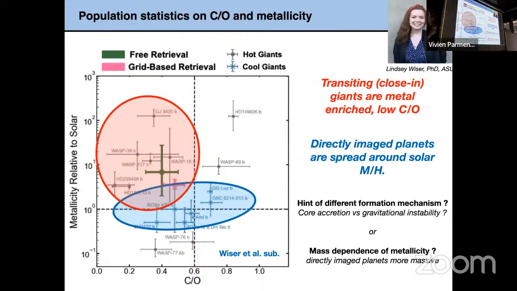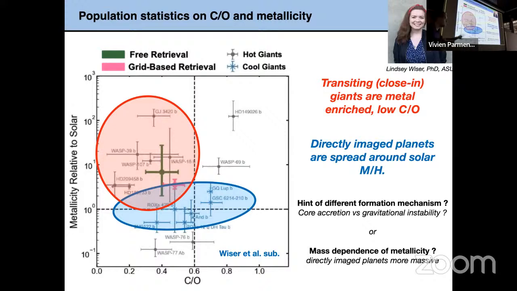That was a paper led by Lindsay Weiser at ASU. It's not the main point of the paper, but she's gathered the current measurements in the field, which are done by different teams on different kinds of data sets on different planets. So that is definitely not a homogeneous sample. And what you can see, the blue ones are all the directly imaged planets. And they seem to lie in this plot at roughly solar metallicity and solar C/O ratio as a broad population,